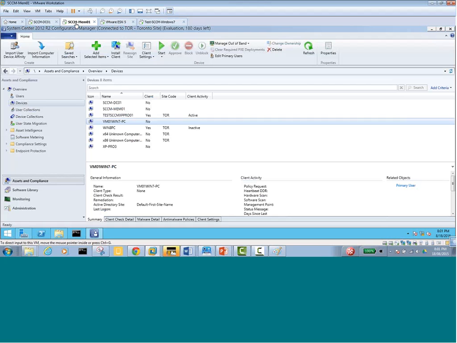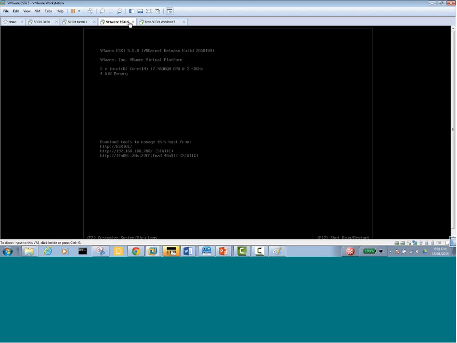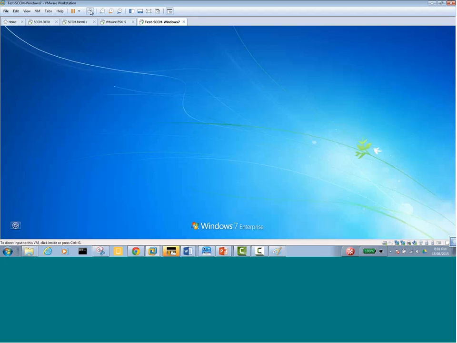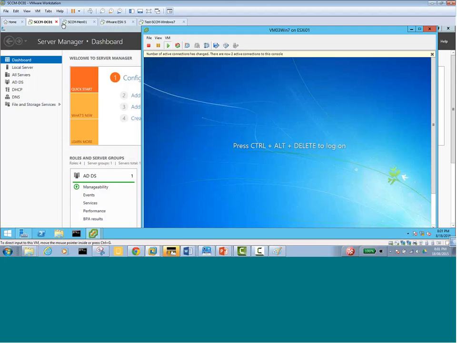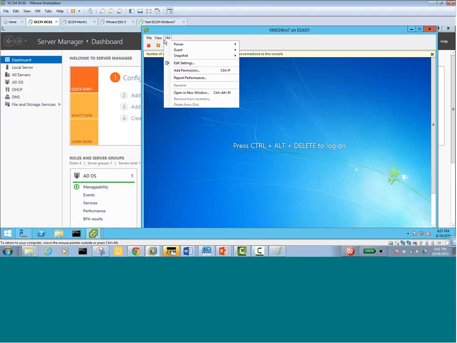SCCM, I think its name. So there's 107 machine, and the second is okay. So I'm just gonna log in from test user 01. So I'm just going for the first Windows 7 machine, and